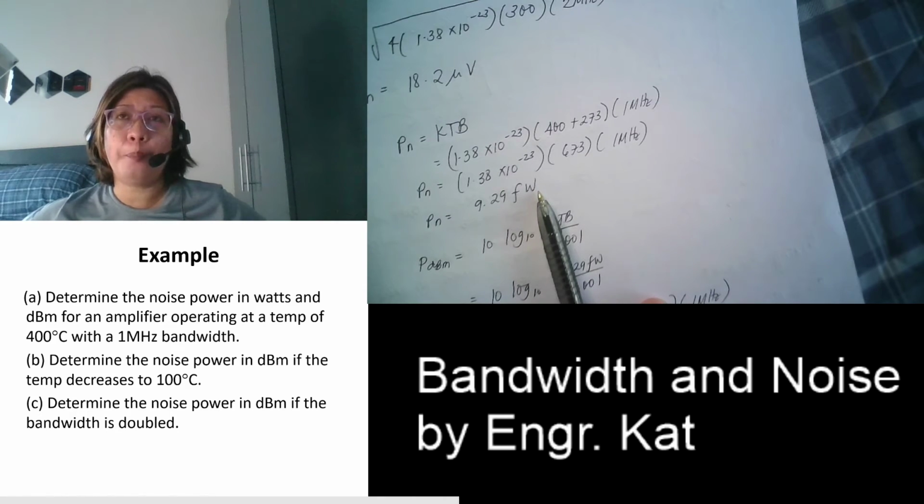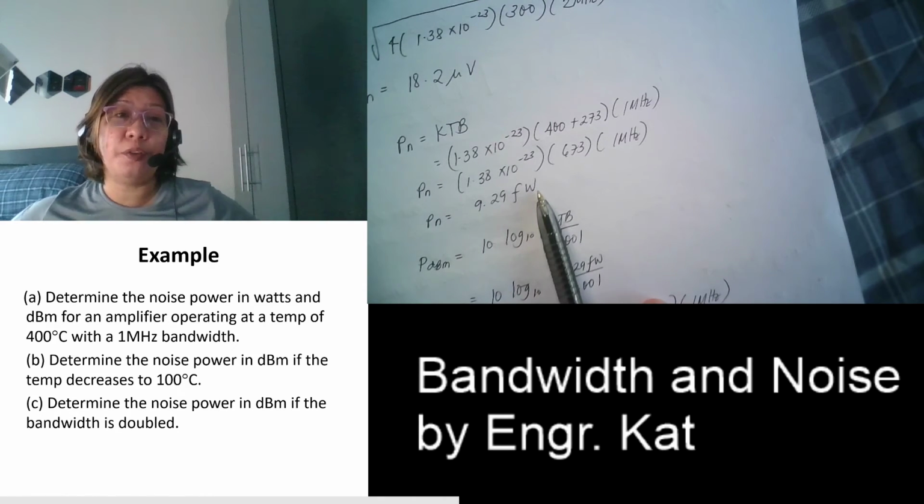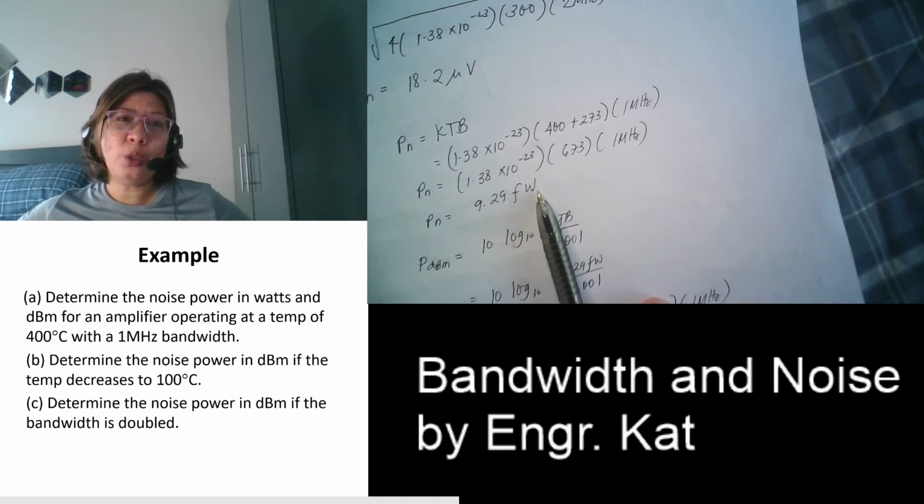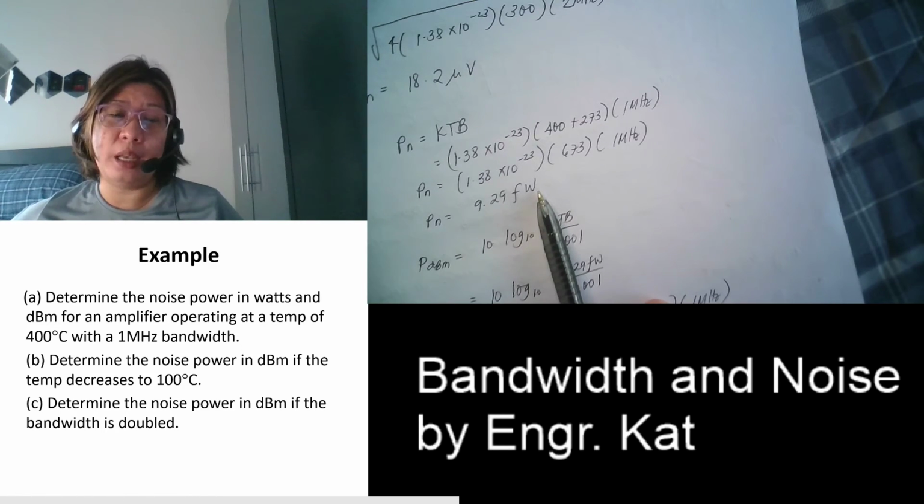Okay, so a pico is negative 12, negative 15 is femto. So we're expecting small values. Okay, so we don't want noise having large power, because if that is the case, then your noise is greater than your actual signal. And we don't want that. So we are always expecting a smaller value of noise, because if your noise is very, very large, then it will be very, very bad for your signal.